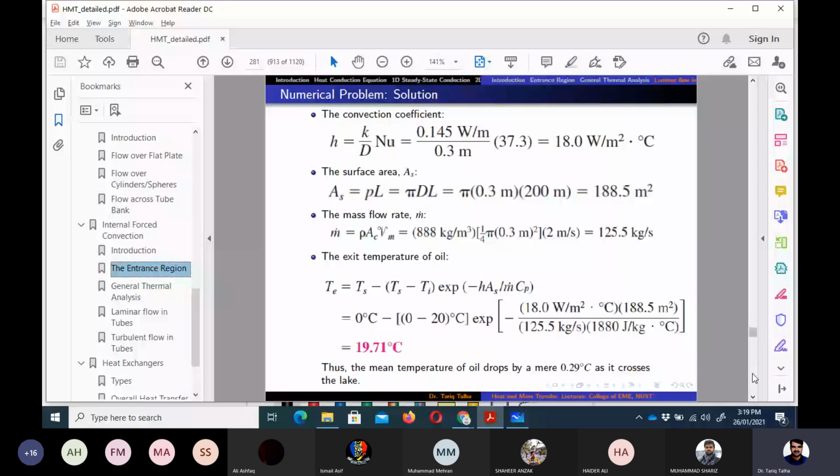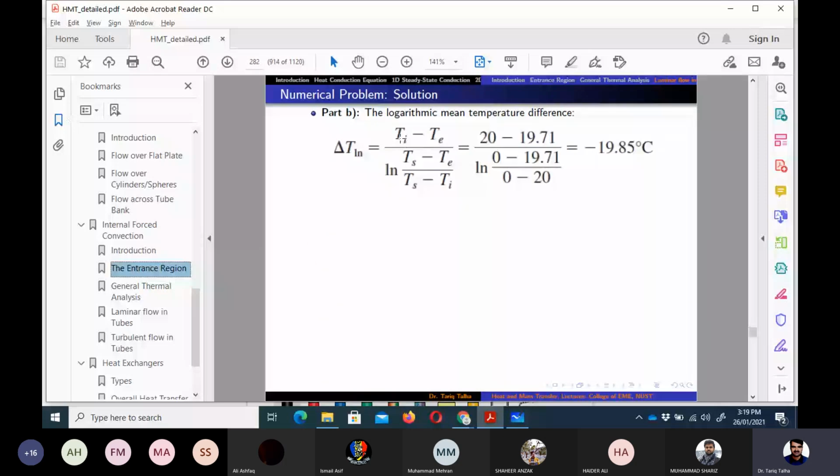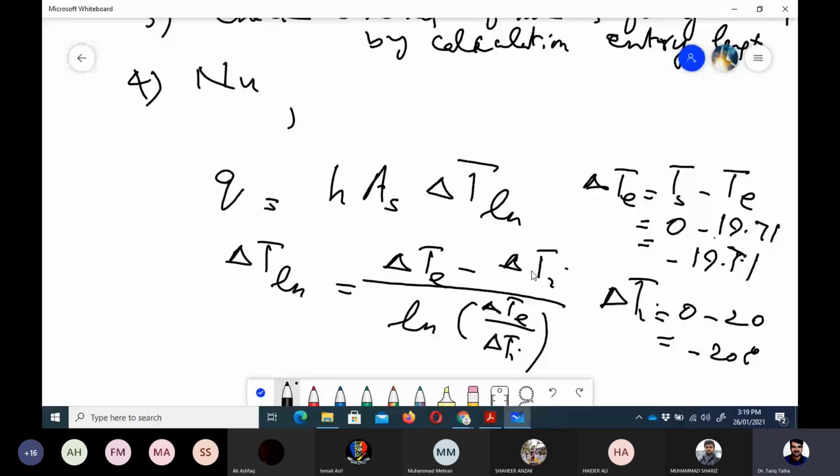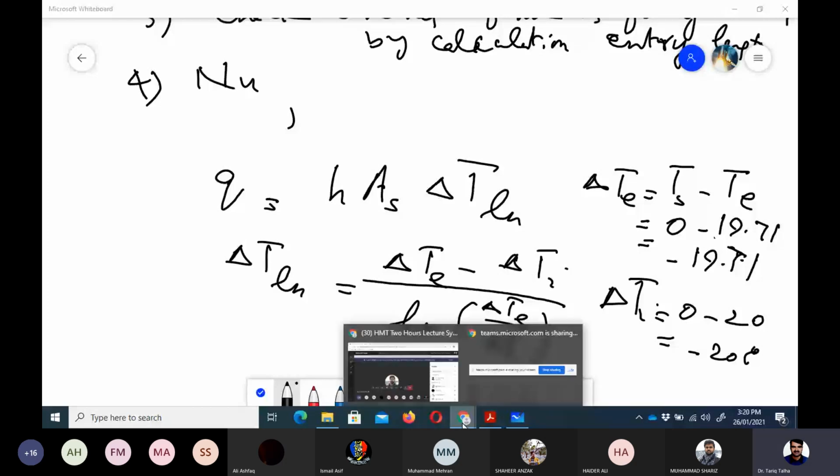We can also use Ti minus Te, but it is better to write it as delta Te minus delta Ti. It would be the same thing in the numerator, because Ts would cancel out and we would be left with Ti minus Te. But as far as I am concerned, if you want to remember this formula, this form is the easier one: delta Te minus delta Ti divided by natural log of the same ratio. So if we do that,